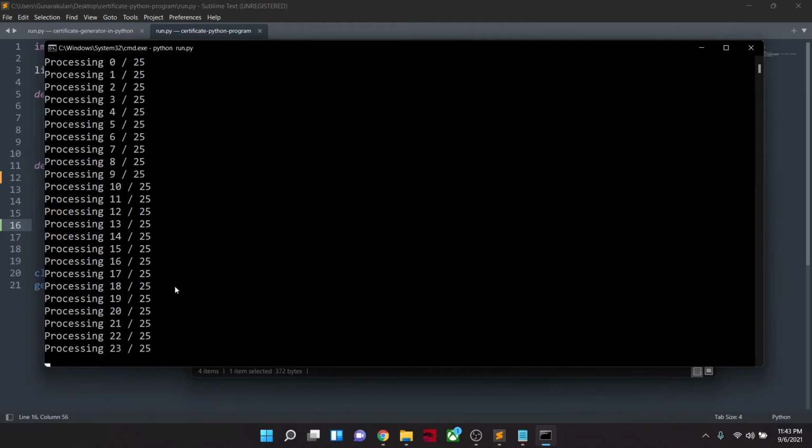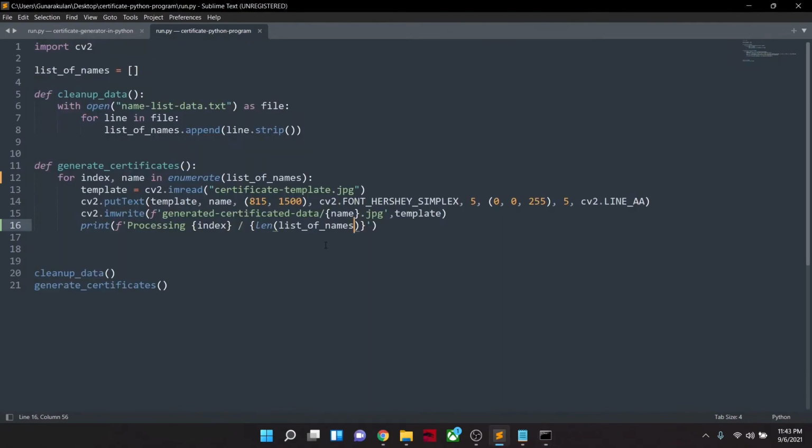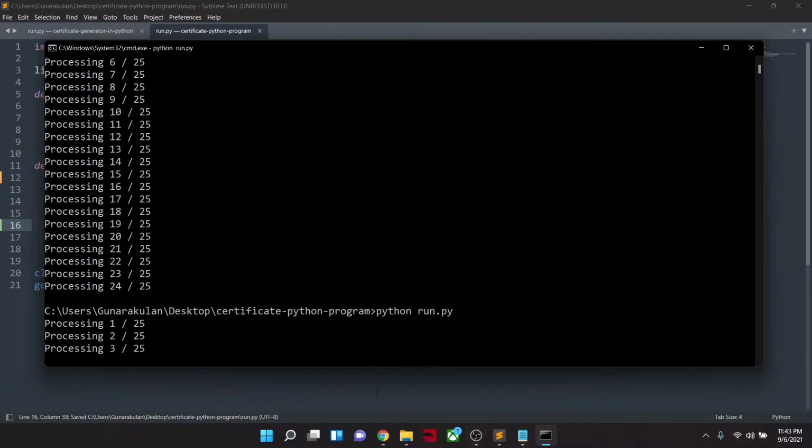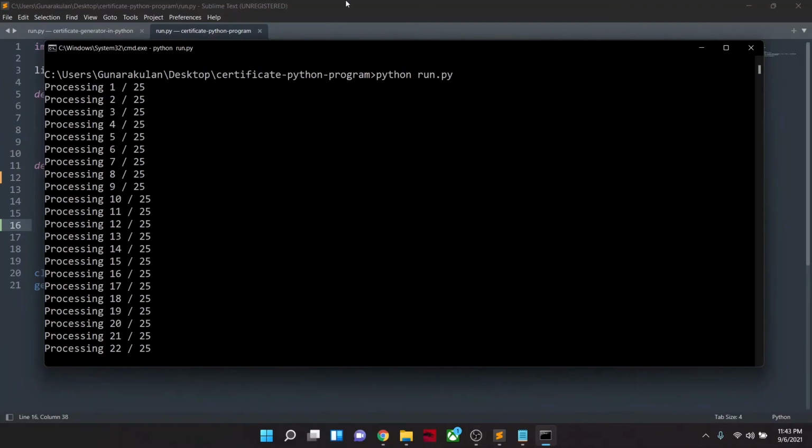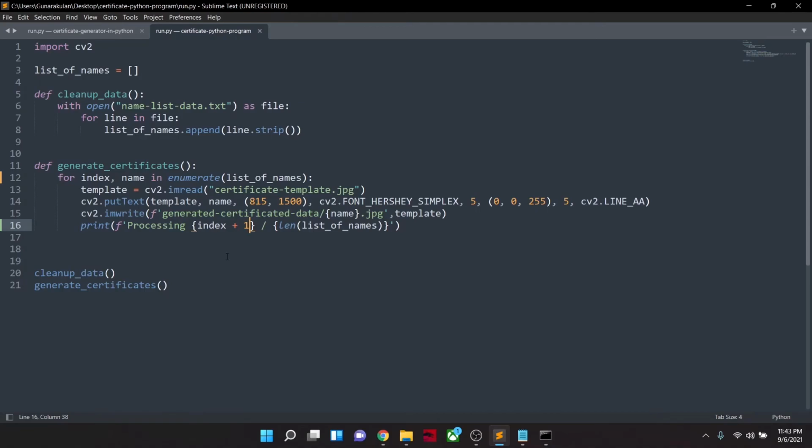But we can notice one mistake, that is it starts from 0. So we need to start from 1, but computers start from 0. So in order to start from 1, we have to do +1. So now if we execute the program, it's going to start from 1 to 25, okay. And so I hope I have covered pretty much everything you need to know about this certificate generating